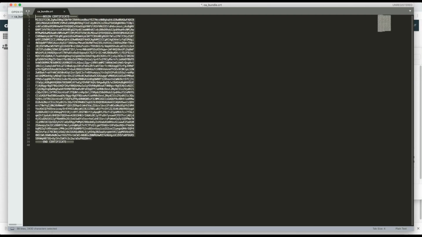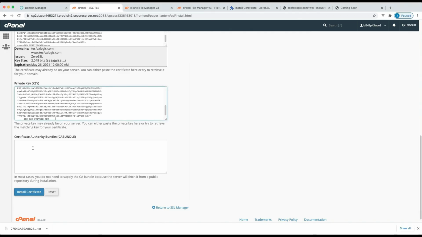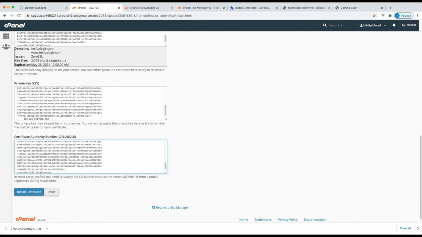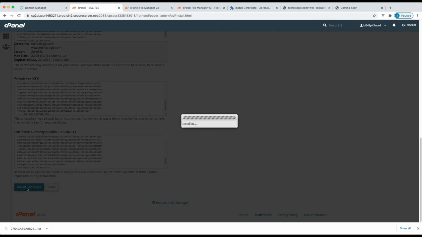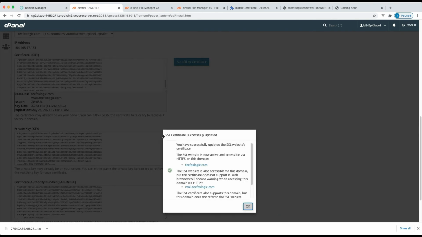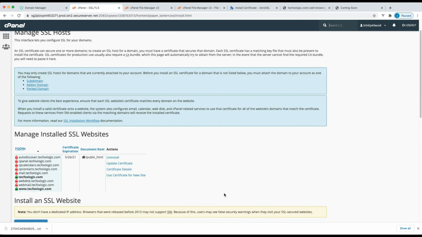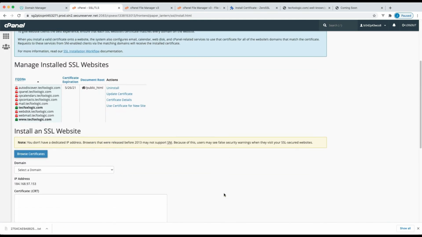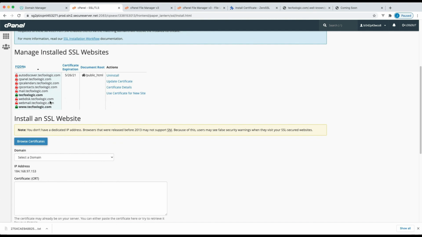Copy and paste. Click on the install certificate button. Now you can see the message SSL certificate successfully updated. And now you will see a green lock icon on techfoxlogic.com.